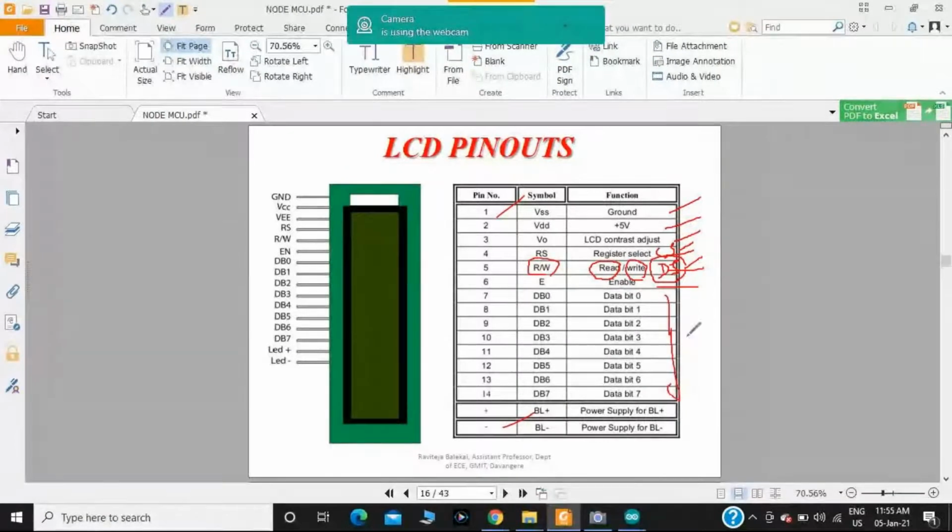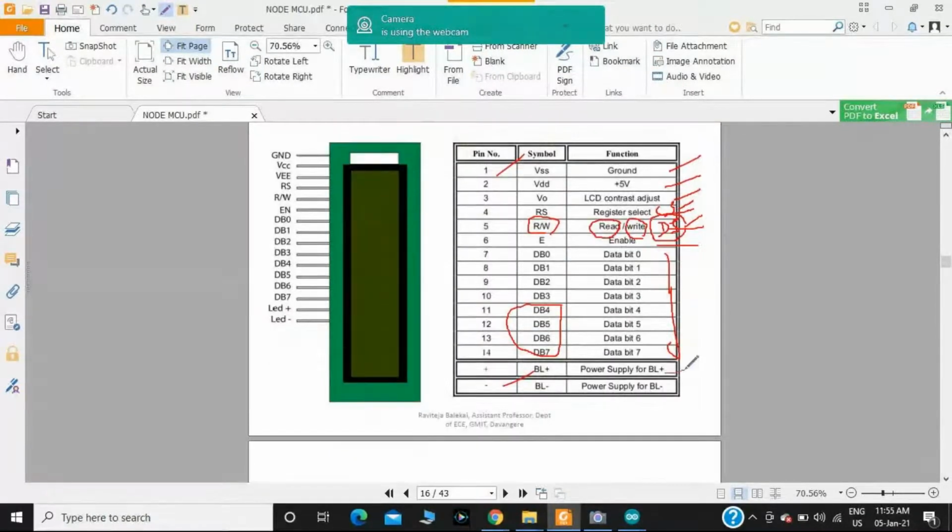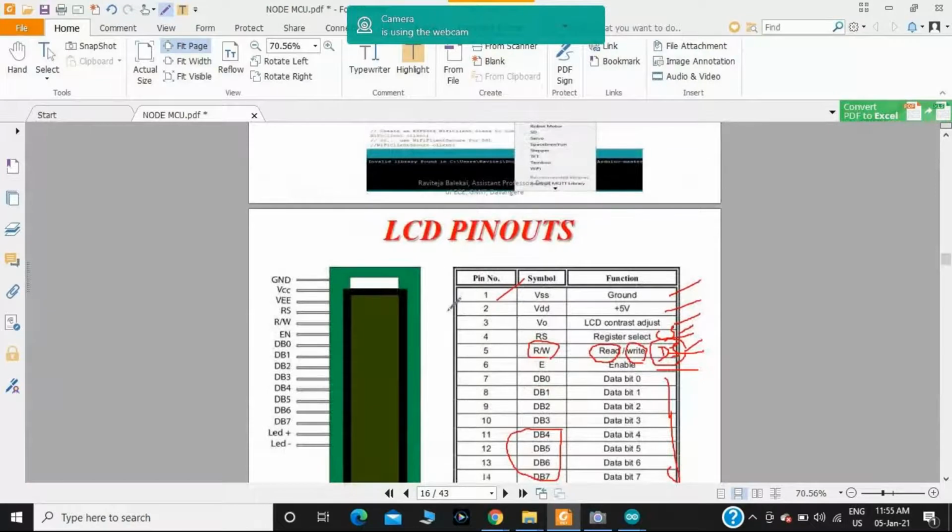In most cases, to avoid the complexity in wiring between the microcontroller and the LCD, we consider a total of 4 pins, meaning we send the information in terms of a nibble instead of a byte. The final 2 pins are the anode and cathode terminals of the LCD. These are all the basic connections with respect to the LCD.